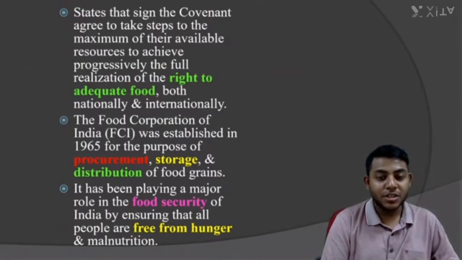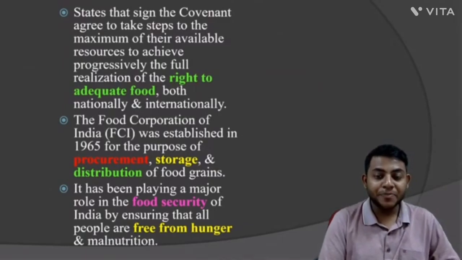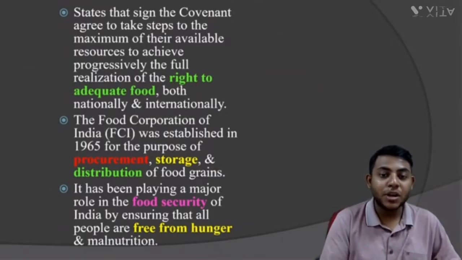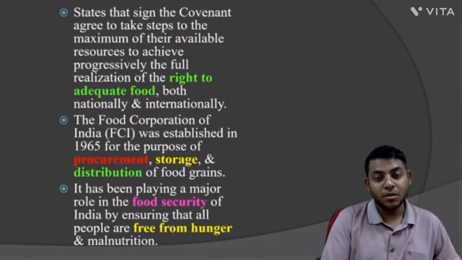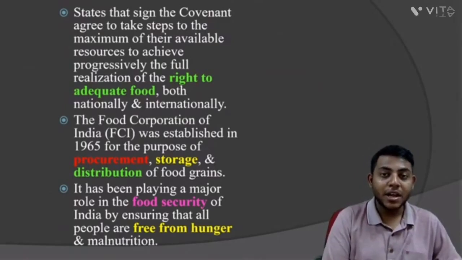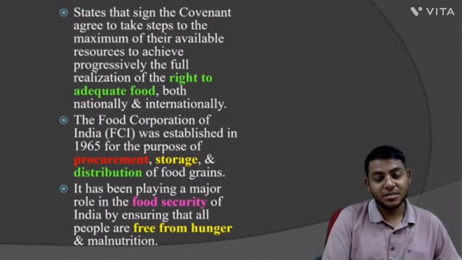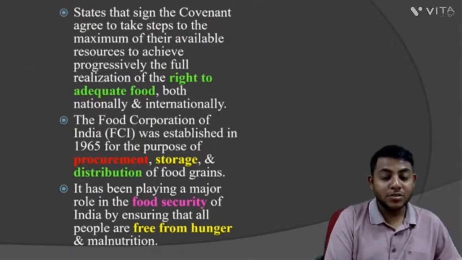So there came a situation that to satisfy the food grain requirement of the population and to prevent conditions of famine from recurring, India had to import food grains from the United States of America. India had to import rice and wheat as well. So because India was not self-sufficient at that time,